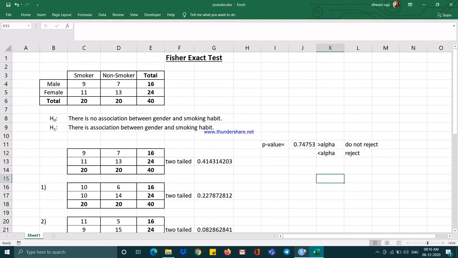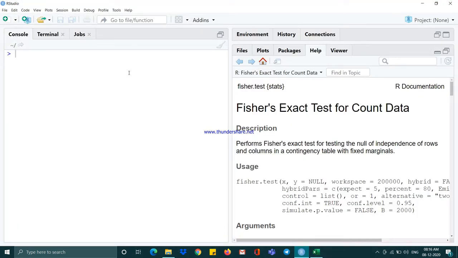So now let us compare our answer in R programming. First of all, we have to compute our data in a matrix format.